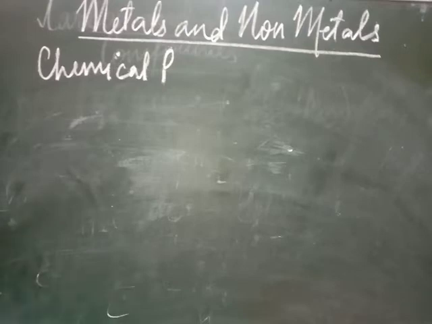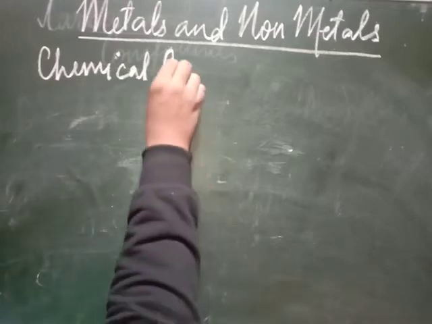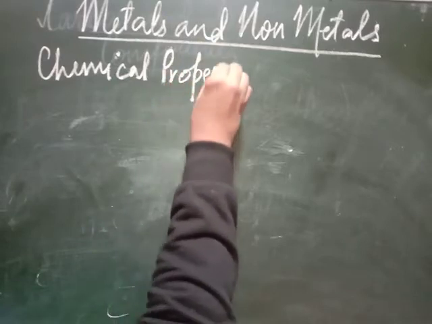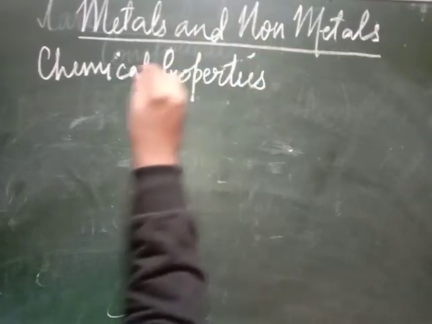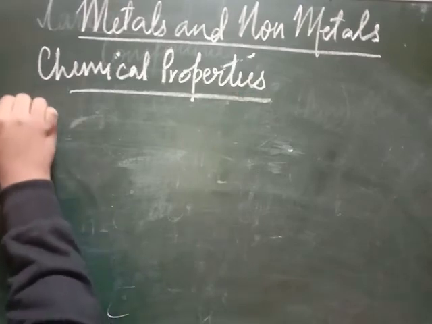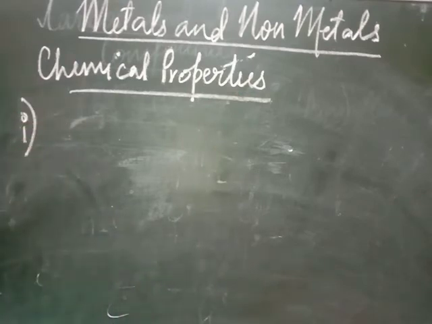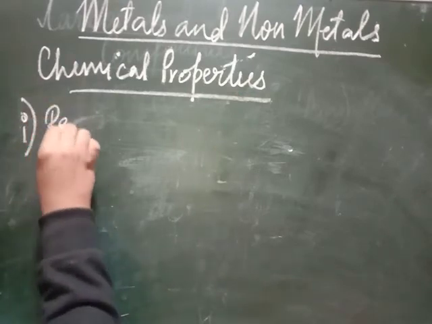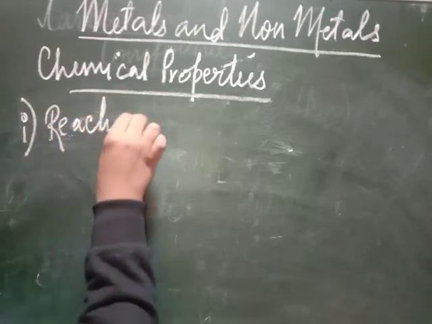But I will explain the chemical properties first and go to the physical properties later, because I feel that in standard 6 you have been explained about luster, sonorosity and these things. So let me first complete the chemical properties and then go with physical properties. So, chemical properties of metals and non-metals. First, let us go to the reaction that they show with